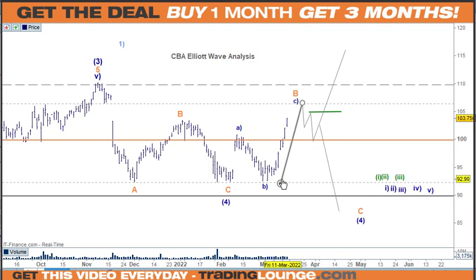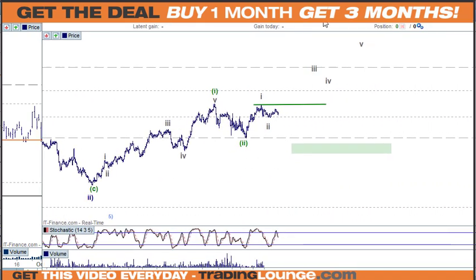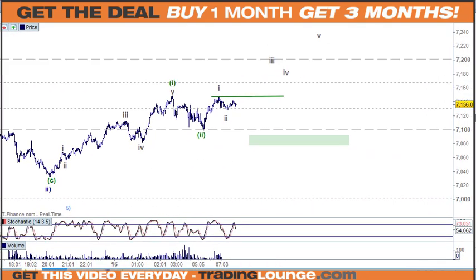While they're correcting, we'll see the banks rise up, and then when gold and copper and iron ore push up, these will push back down here to finish this leg off, and that would be in line with the S&P and those sorts of things. So that's why, coming back to the ASX, we have to be careful about